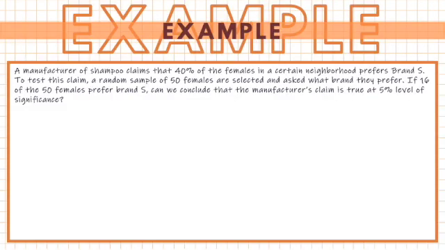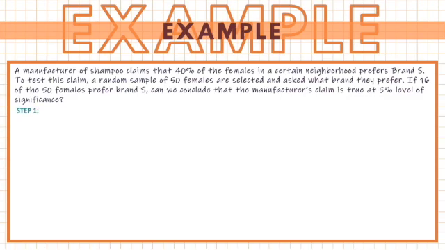Now let's try this example. A manufacturer of shampoo claims that 40% of the females in a certain neighborhood prefer brand S. To test this claim, a random sample of 50 females are selected and asked what brand they prefer. If 16 of the 50 females prefer brand S, can we conclude that the manufacturer's claim is true at 5% level of significance? To test the claim of the manufacturer, we follow the 4 steps in hypothesis testing,